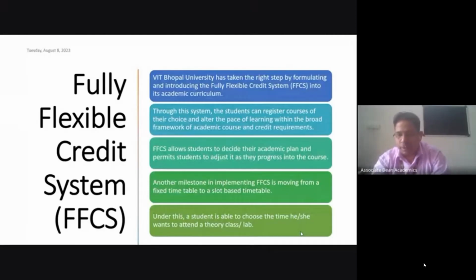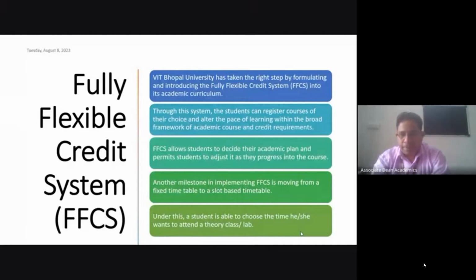Suppose 25 credits are offered by the program chair, you have freedom to drop any course. If you think that my timetable is very hectic, I cannot study all the courses offered in that semester, then you can request to drop a particular course or one or two courses, but your credit limit should not come down below 16 credits. Minimum 16 credits must be registered in a regular semester.